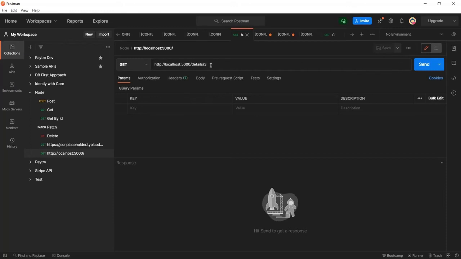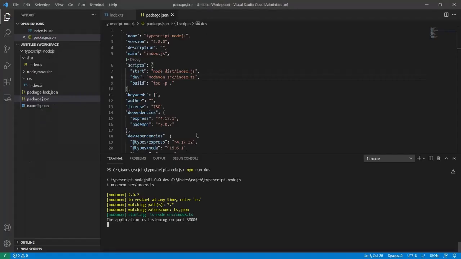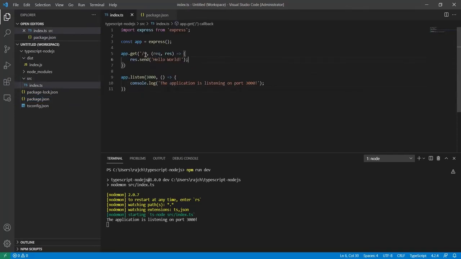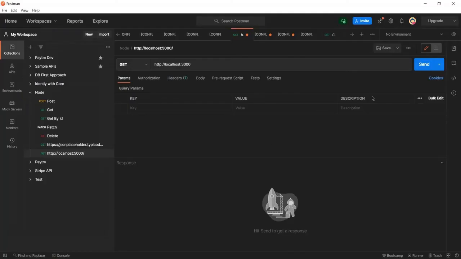So here I also need to remove this. Currently, as you know, I am listening on port number 3000, and this is going to our localhost. So nothing else needs to be passed here. Let me go back to the code in VS Code, in the index.ts file. Here you can see there is nothing. This is the root route, so inside the root I am doing nothing, just sending the hello world response. Okay, so again let me go to Postman and click on send here.